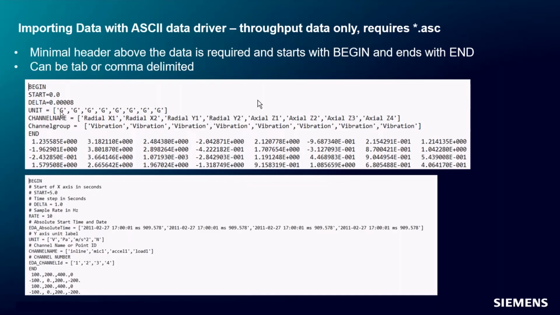The unit has been specified for 1, 2, 3, 4, 5, 6, 7, 8 channels. Channel name is specified for 8 channels. Looks like 4 of them are radial and 4 of them are axial. This is an option to put it in the channel group. But if you want to process it in Testlab Classic, you can provide the channel group as acoustic, vibration, other, or tacho. And that'll be imported. And the header ends with end, and then you have the data immediately following that with either tab or comma